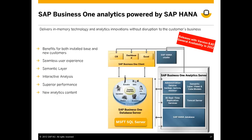Our SAP Business One Analytics, which is powered by SAP HANA, will deliver benefits for both our installed base and new customers. It's providing a seamless user experience. We deliver what we call a semantic layer, which means that you as an end user do not have to know about the database structure, how the tables and the information is stored underneath the application. We'll give you simple business objects that you can interact with, like invoice, business partner, payments, sales analysis, and so on,